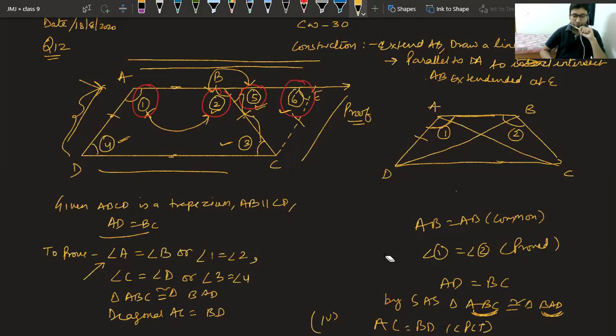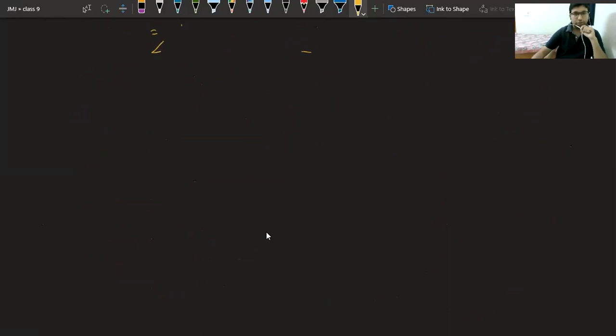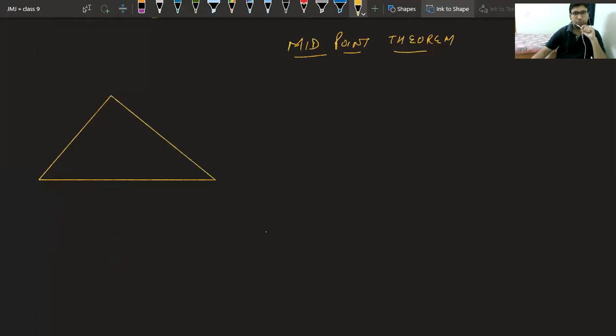The next is the midpoint theorem. Time is very less, so I'm just giving you a hint and I want you all to prove that theorem on your own. Now, what is the midpoint theorem? This theorem says if you have a triangle like this, suppose the triangle is ABC. The theorem says